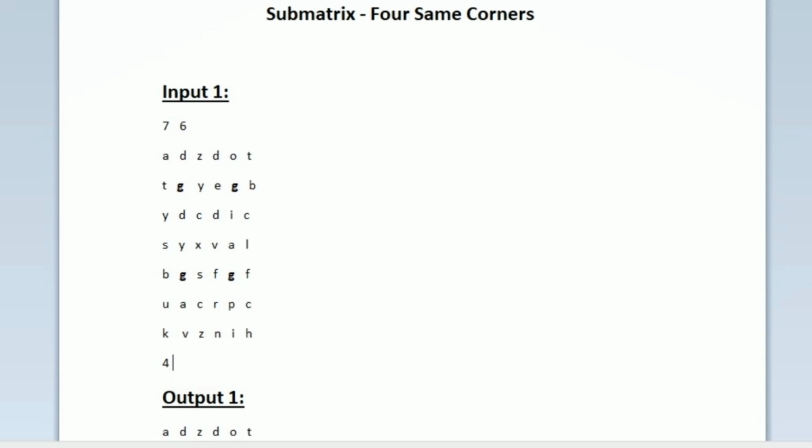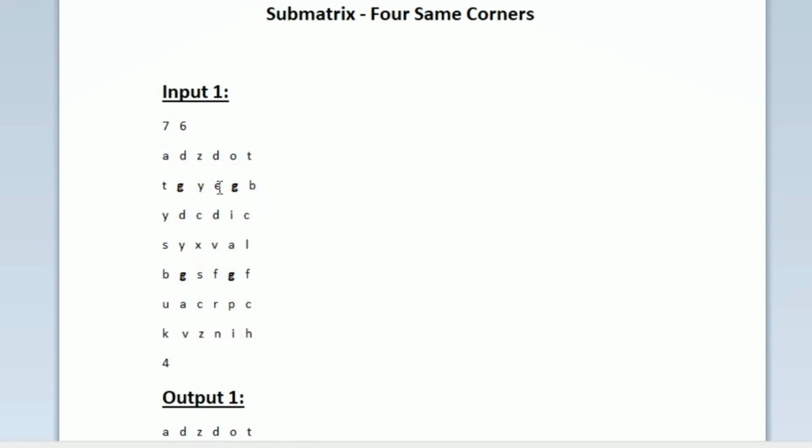So now our task is to find a K cross K submatrix in such a way that all the four corners in the submatrix must be the same. And after finding a submatrix like that, we have to replace the diagonal elements with asterisks. So for the given input matrix, the value of K is equal to 4. So we have to iterate through every 4 cross 4 submatrix, and we have to find whether a submatrix exists as per the conditions given in the question.